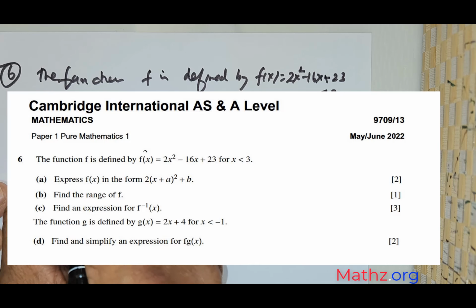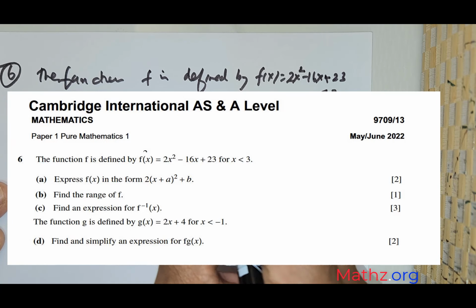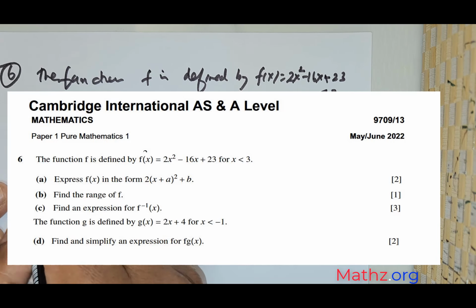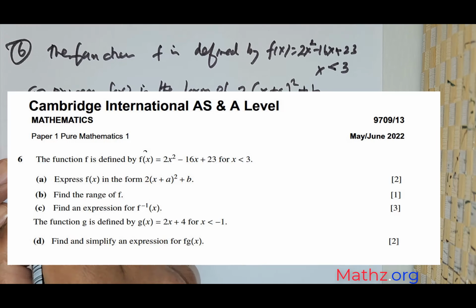Express f of x in the form 2 times (x positive a) the whole squared positive b, and part b is find the range of f, part c is find f inverse of x,